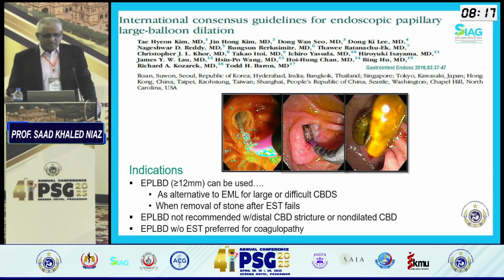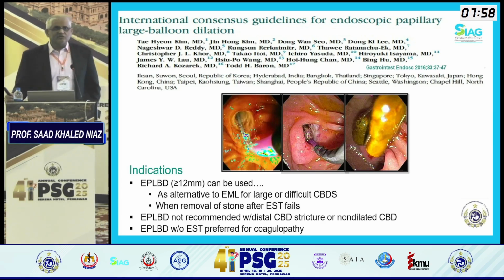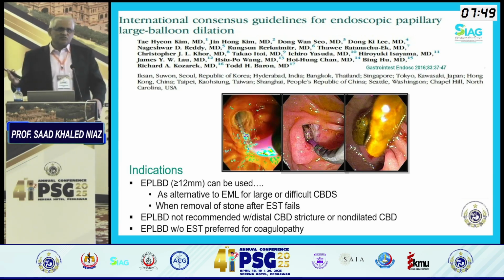What is endoscopic papillary large balloon dilatation? Anything more than 12 mm. I very rarely use 12 mm, to be honest. 13.5 would be the lowest, and then going up to 15 most of the time. You really don't need 18 or 20. It's only when you can see the stone coming out and it's stuck and you feel there's just that little resistance, I think it's worth doing 18. Otherwise, it's much better if you have other, safer alternatives, to use them.